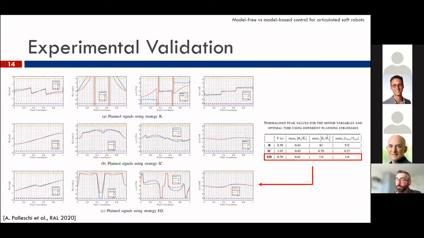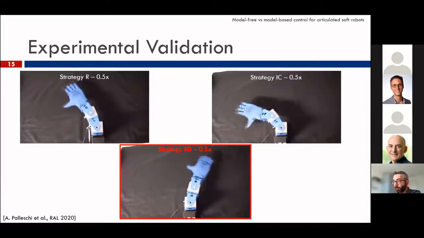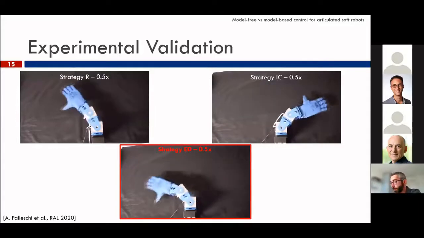The first one, the rigid case, basically is the fastest one, but actually it fails to fulfill the task because it does not respect the constraints, and also the trajectory that it tracks is different from the desired one. So without considering that one, the fastest one is the planner that considers the full dynamics of the system. So the one that we propose, this is the video. The one we propose is the right one.